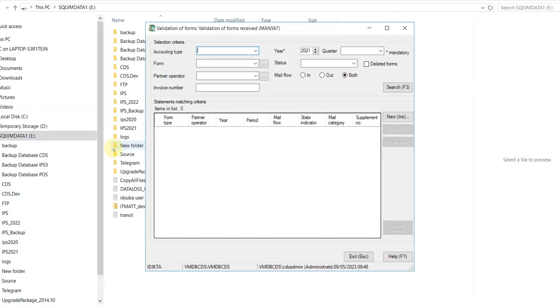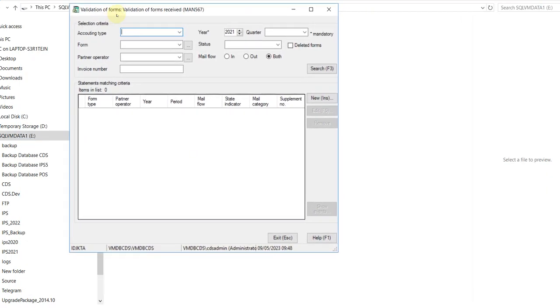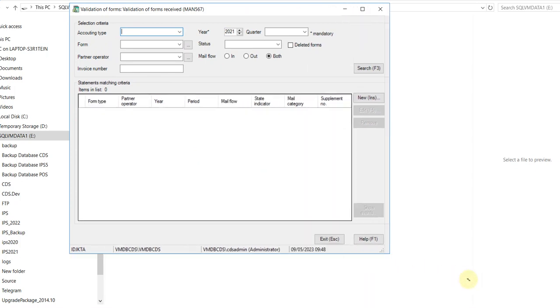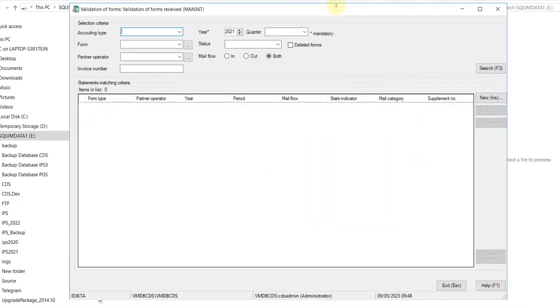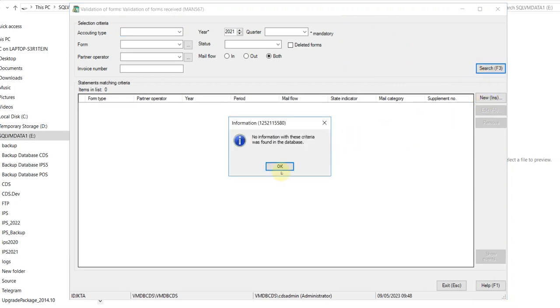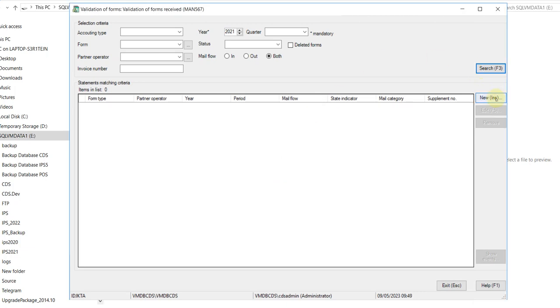You receive CN55 and CN56 from Emirates in this case. If you click search, there's nothing. For the very first time, you need to click New